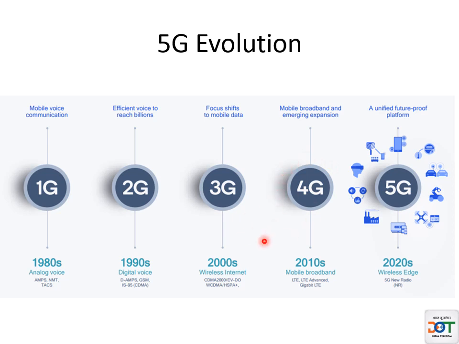And then again after 10 years, so you see that every 10 years there is an evolution to the next generation of mobile telephony. So 4G came around 2010. Here the focus was on mobile broadband, from mobile data to mobile broadband, and so high speed internet was made available, and then a lot of services, smartphones, etc. came into existence, and it is one of the technologies which is still being deployed across the globe,